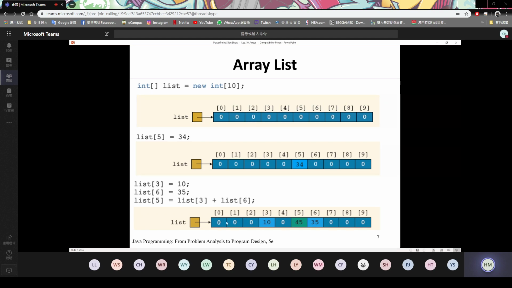For example, we are using it for storing the scores of our class. So we have 10 students, so we have 10 scores. They are all representing the same thing but different students, okay? So in this case, can you imagine or think of some advantage of using an array instead of the traditional variable? 有冇同學諗到點解我哋要